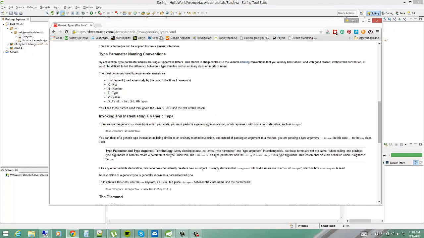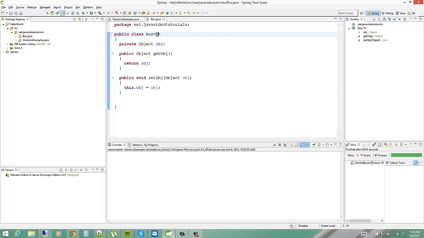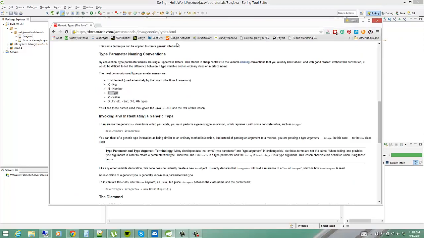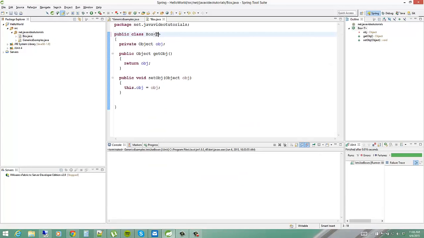Okay, because like I said, let's flip back to that article. T is what we use for type. Okay, we could have used another letter in here. I think we could have used E if we wanted to. We could have used A, we could use B. You could use whatever you want, but typically from a naming convention perspective, you should stick to T, because T